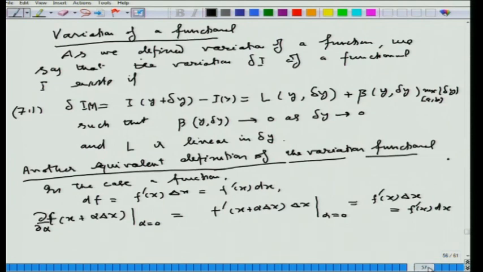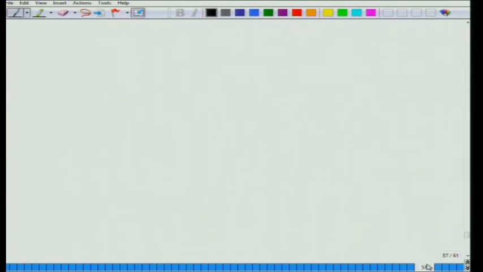In the same way, if we imitate this definition for the functional, we consider delta I y as I of y plus alpha delta y minus I of y. So, if the variation exists, then from 7.1 this should be equal